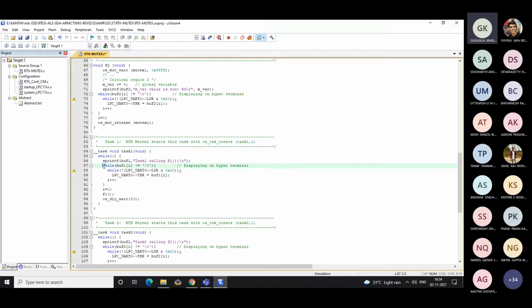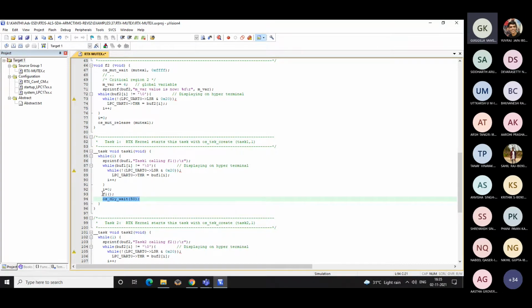So you display this message through the UART as usual till the status register becomes high. Okay, and for the buffer 1, you call the function 1. Just to visualize the results, we have put some sort of a delay in between. Otherwise, you won't be able to see anything. It is so fast. So you put some delay function here.